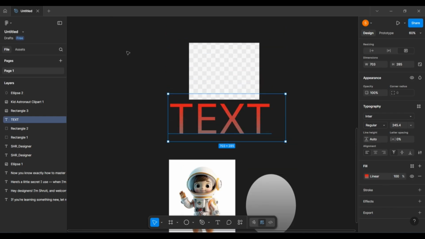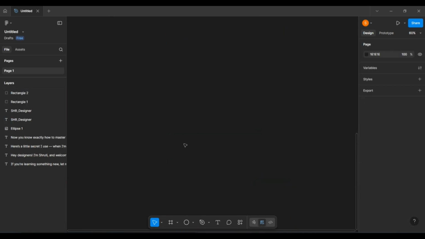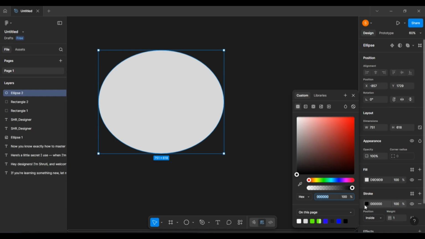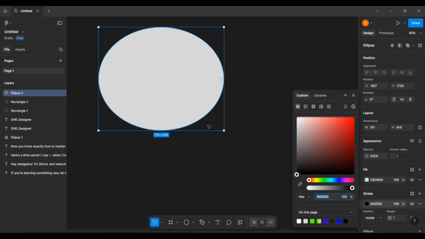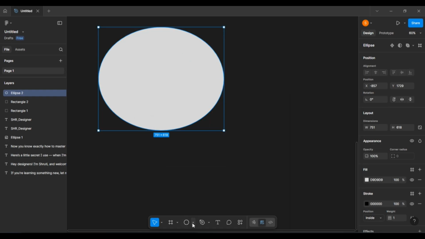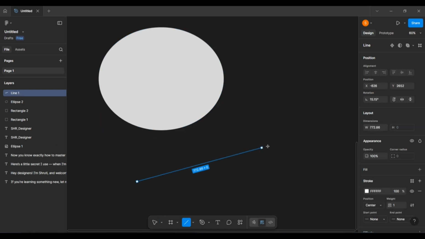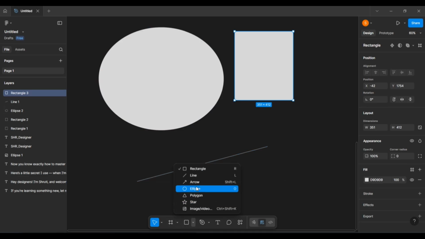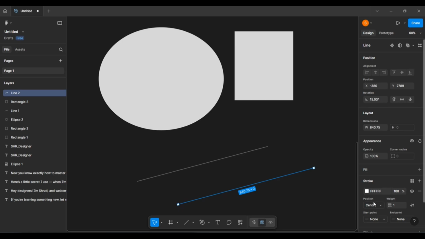Let me delete all these and let's move to the next thing, that is the stroke section. Below this, you will notice that there is a stroke section. Over here, if you draw a line, it automatically has a stroke section filled. Like आप देखो, एक रेक्टेंगल बना के देखो, रेक्टेंगल बनाओ, यहाँ दिख रहा है fill section is available. But when you are drawing a line, like draw a line, stroke section available है. That means for a line, they have an inbuilt stroke section.